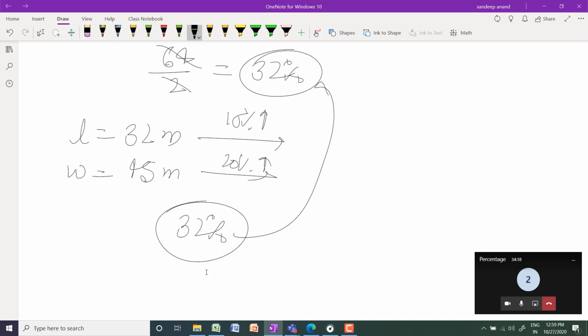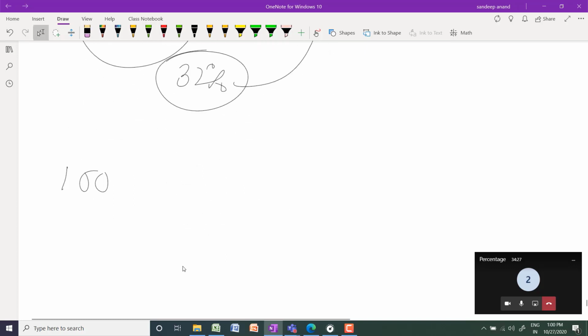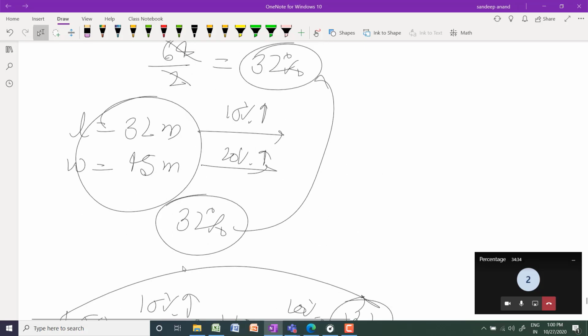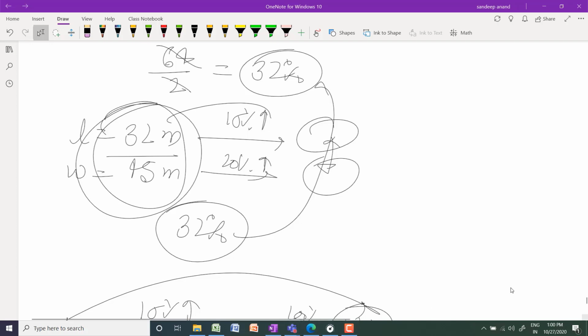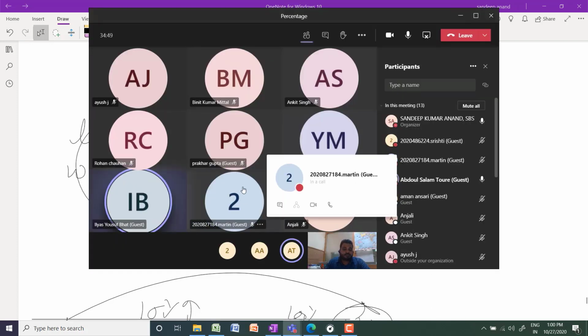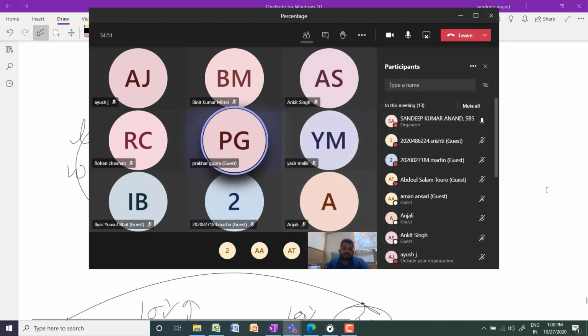Are you getting what I'm saying? You will always get the same result, so you need not worry about the values. You simply take 100 as the initial area, 10% increases first, and then 20% increases second, and you get the result. You need not multiply the actual values, then increase, multiply again, take the difference, divide, and multiply by 100. This is the way you can solve the problem directly.